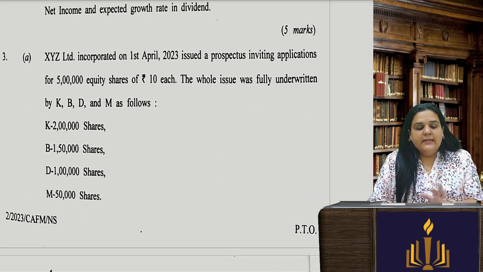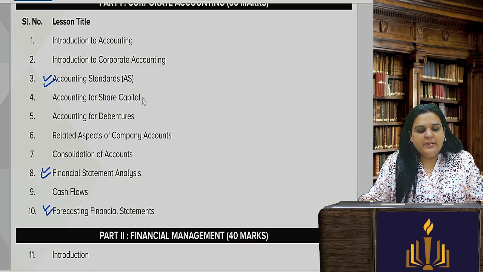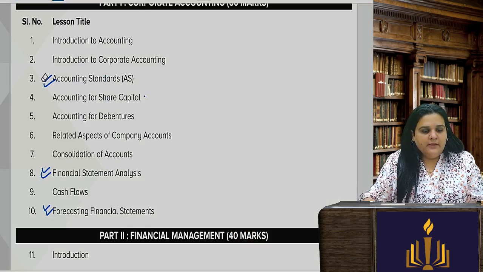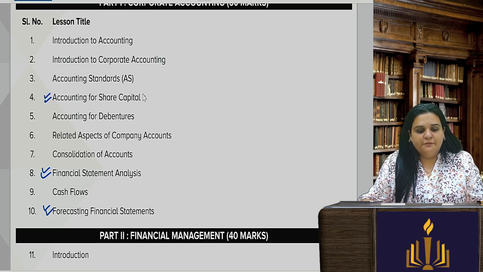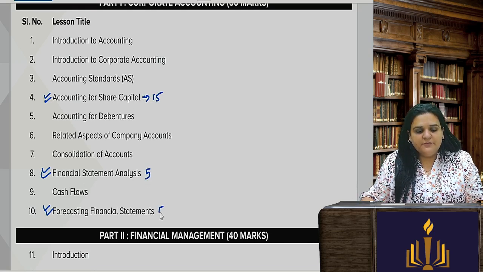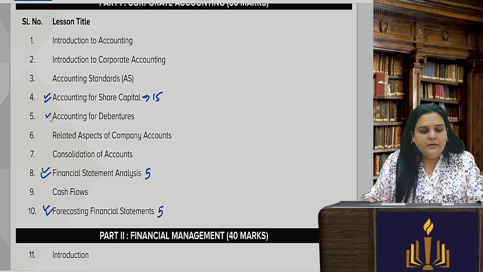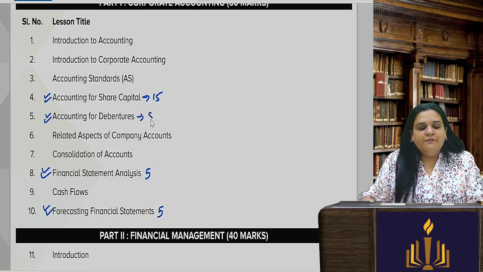Coming to next question number 3. So here I can say that accounting for share capital, sorry, I have ticked on the wrong one. Accounting for share capital was for good 15 marks. First question, compulsory question. Then we saw financial statement analysis also was for 5 marks. Forecasting for 5 marks. The ratio was asked from financial statement analysis, and accounting for debentures was also for 5